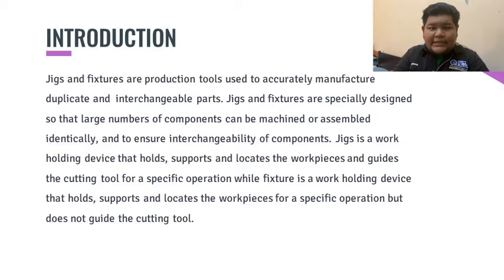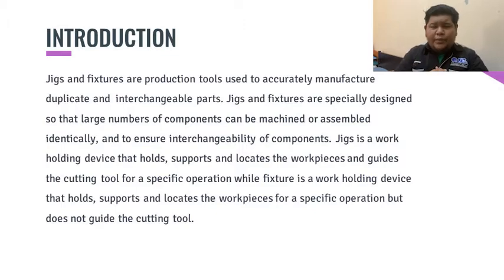While a fixture is a work-holding device that holds, supports, and locates the workpiece for a specific operation, but does not guide the cutting tool. It provides only a reference surface or a device. What makes a fixture unique is that each one is built to fit a particular part or shape. The main purpose of a fixture is to locate and, in some cases, hold a workpiece during either a machining operation or some other industrial process. A jig differs from a fixture in that it guides the tool to its correct position in addition to locating